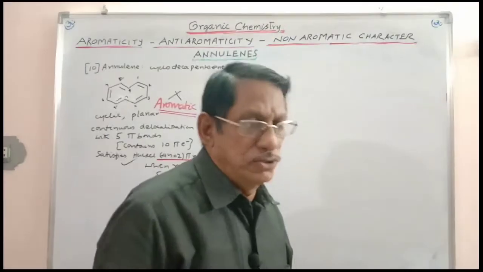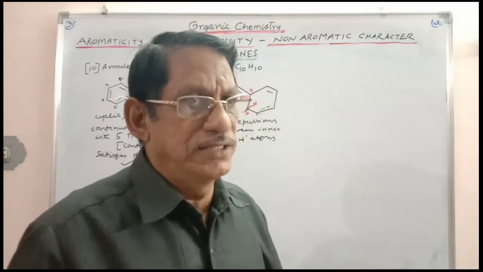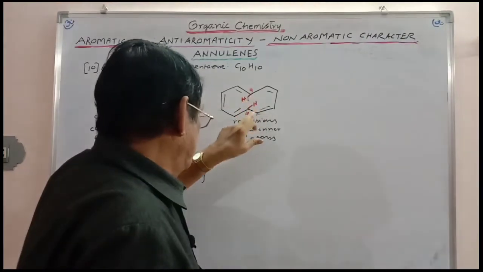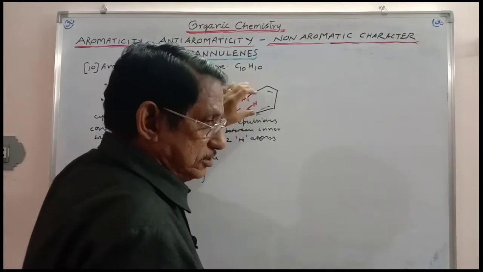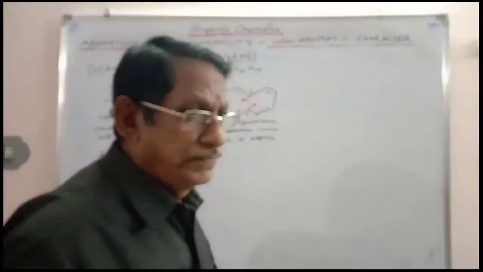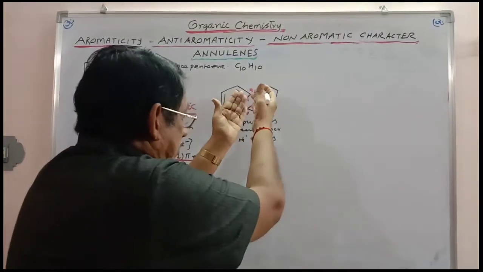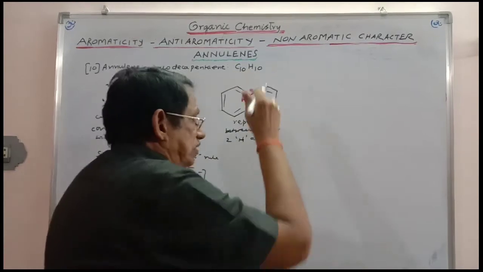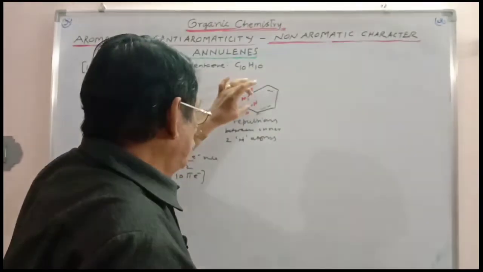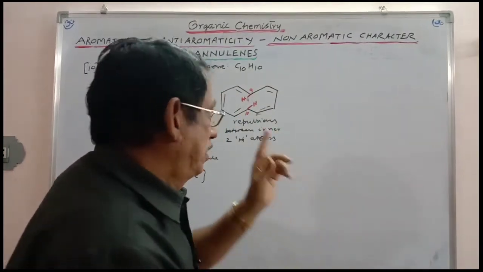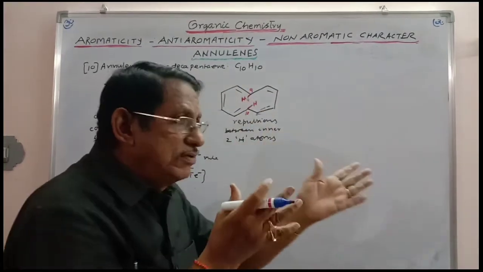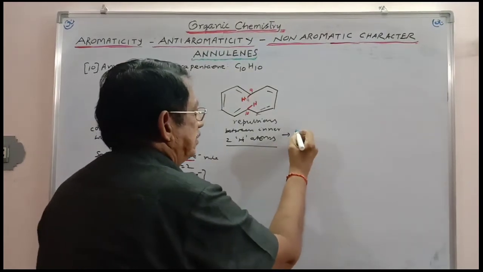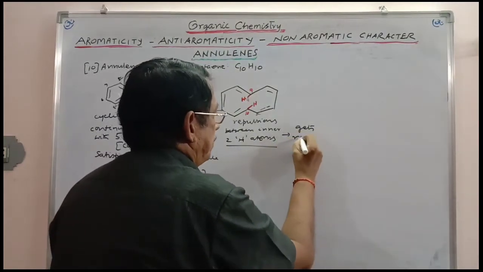When the repulsions are more and more, the structure deviates to get the most stability. So this is the planar structure. This is the corner. This is another corner. These are two corners, which are 9-10 carbons. Due to the repulsions here, this will be coming in the upward direction, and this will be coming to the lower and the inward direction. So these two carbons, one outside the plane, other one inside the plane, these two carbons are deviated from their positions. So due to these repulsions here, it gets a non-planar structure.